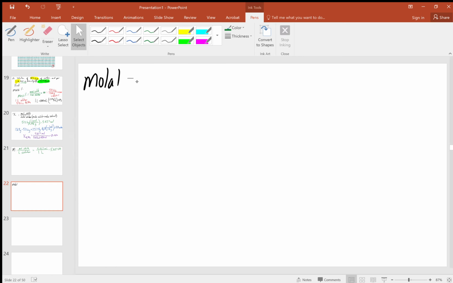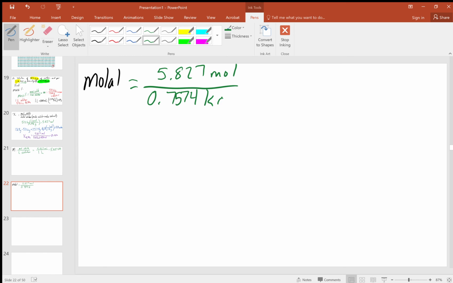Finally, molality. Again, we've already calculated the concentration or the number of moles of the solute in 1 liter. What's going to be very different here is the mass of the solvent. The mass of the solvent here, 0.7574 kilograms of water. Where does that number come from? Well, if we go back here,